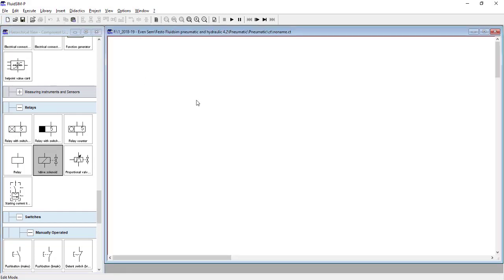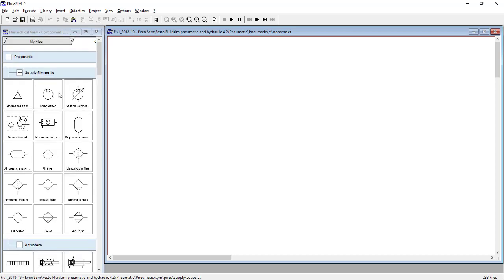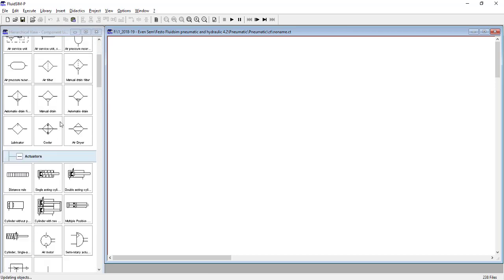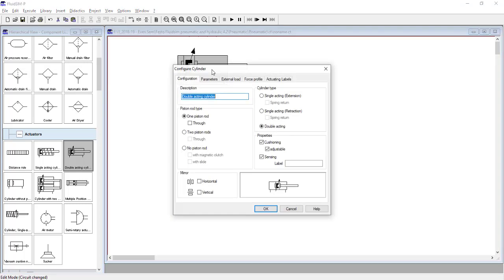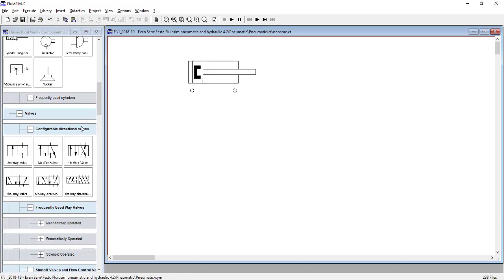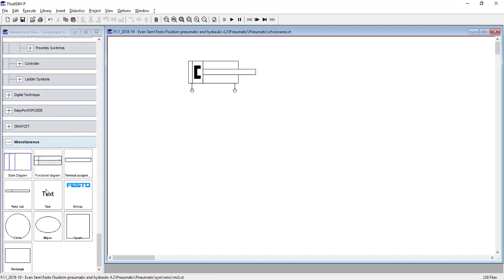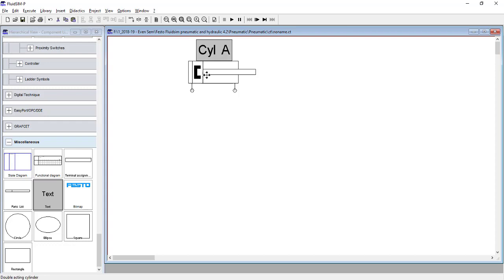Whenever you are given an electro-pneumatic circuit, the first step is to find out how many cylinders are there in the circuit. Let us say they have given us a simple circuit of A plus A minus. So in this circuit there is only one cylinder, cylinder A. So we need only one cylinder, and we have drawn only one cylinder. We will remove the cushioning effect. What is the name of this cylinder? The name of this cylinder is cylinder A, right?